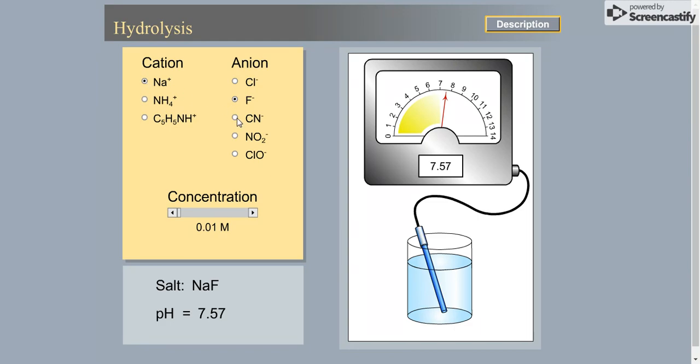Let's try sodium ions with cyanide ions to make the sodium cyanide salt. It's now quite a basic pH, so there was a lot more of a reaction with water to make more hydroxide ions. Can you choose which of these ions, the cyanide or the sodium, reacted with water,